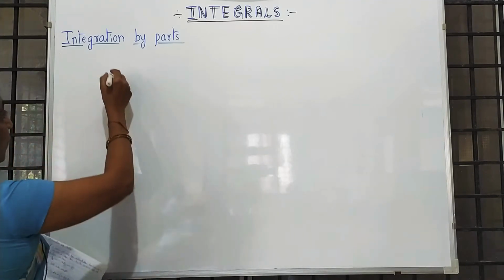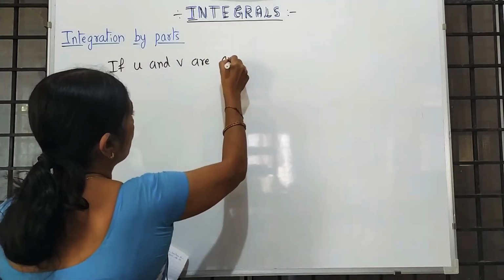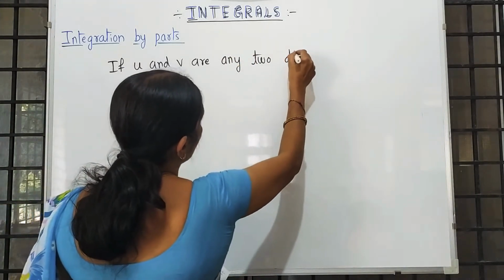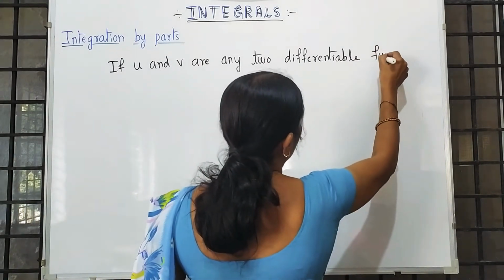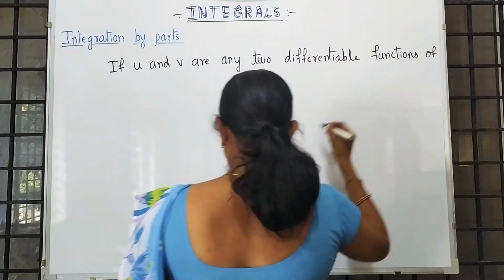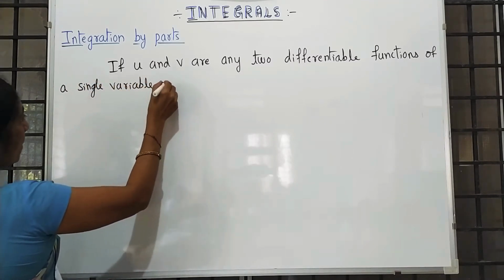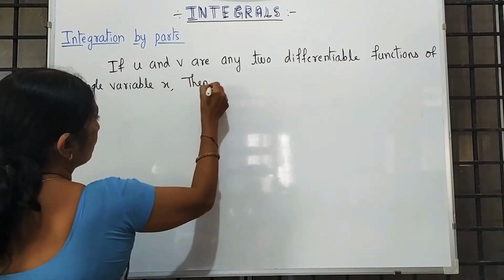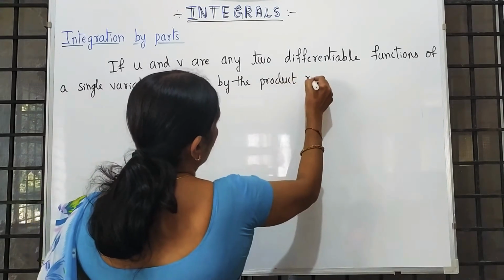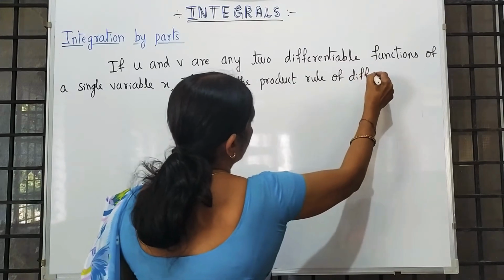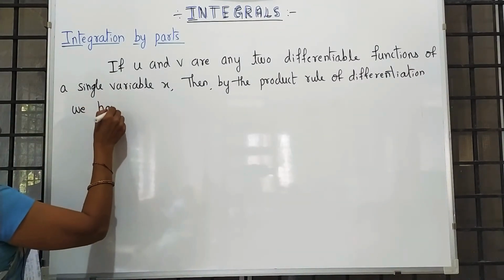Write down that formula. If u and v are any two differentiable functions of a single variable x, then by the product rule of differentiation,